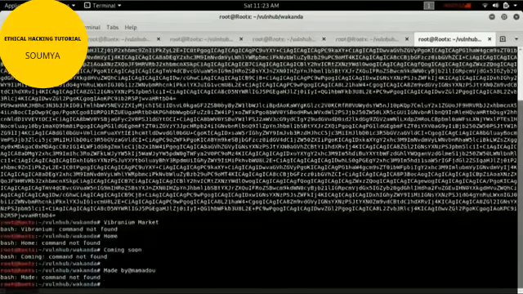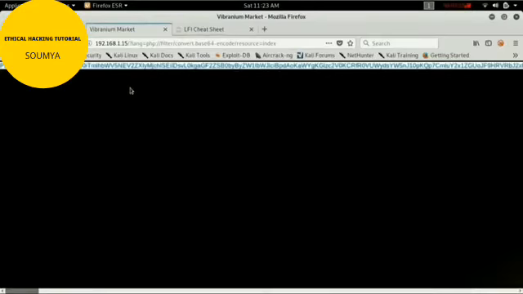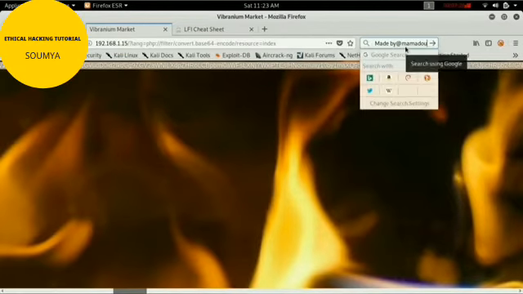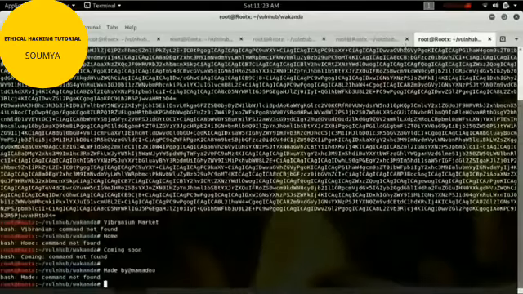Echo the code. Oh my god, what happened? I just copied the full thing. Let me edit. Just copy only the base64. Just copy all. Let me paste it.